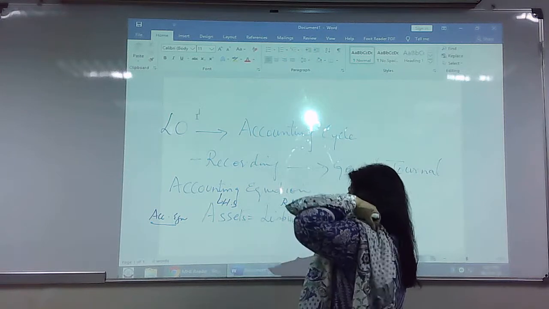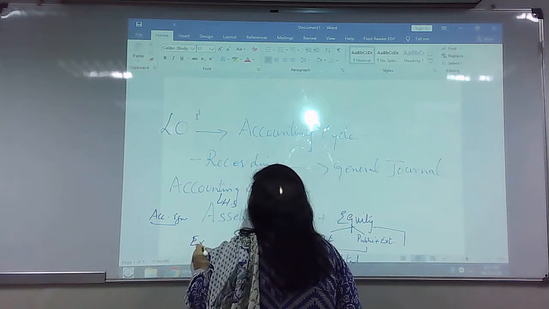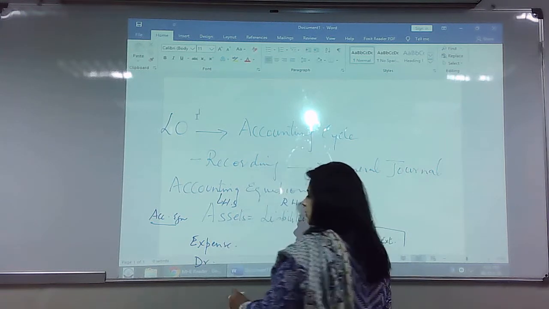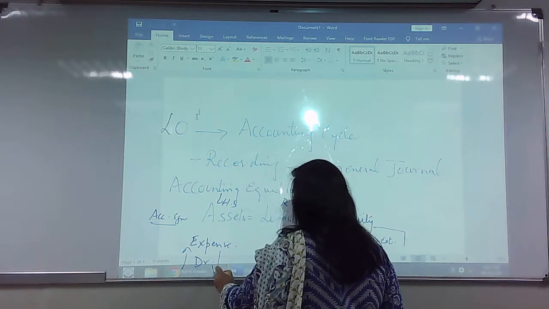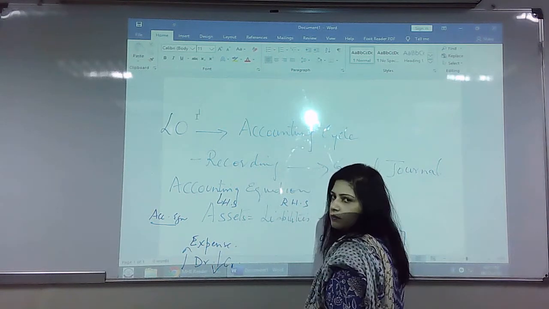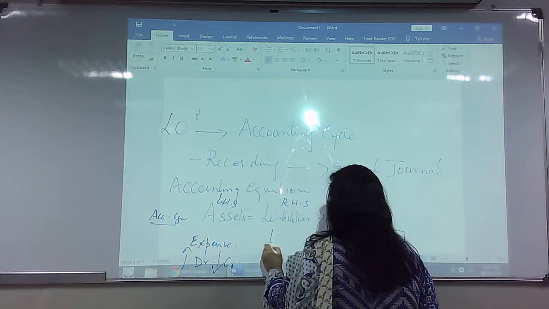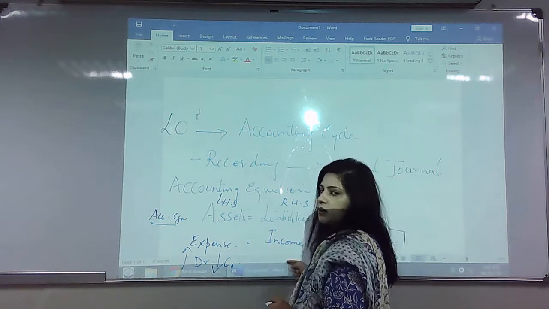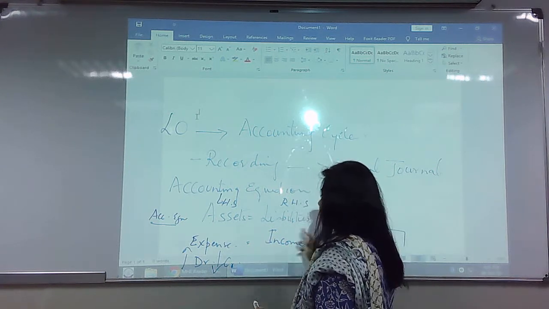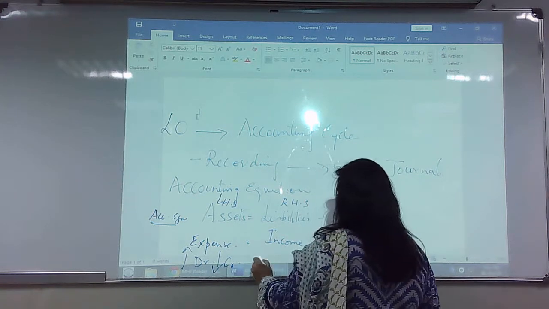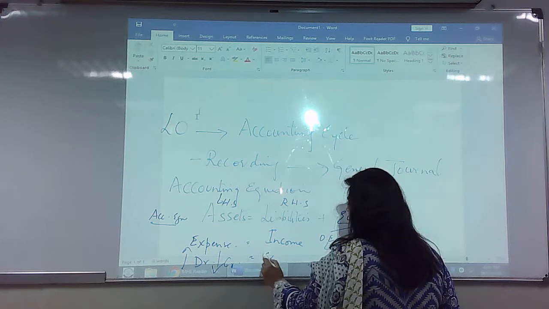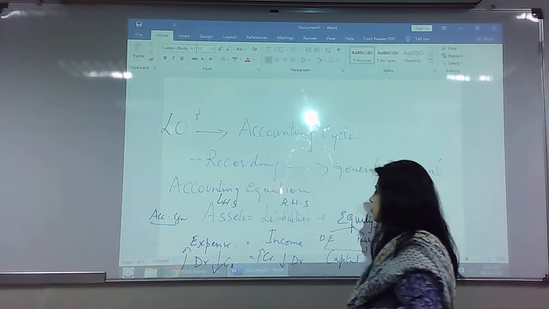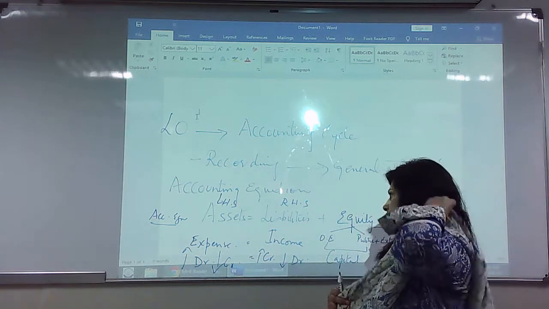Now then, again, there is another thing, which is expense. So now this is also debited. Again, you have to remember that when expenses increase, they're debited. When they decrease, you credit them. Similarly, we have income. And both these things should be on either side. X is equal to Y in this case. There's no other thing, there's no third thing. So again, income is credited when it increases and debited when it decreases. So if you remember these rules, I don't think that you should have a lot of problem.